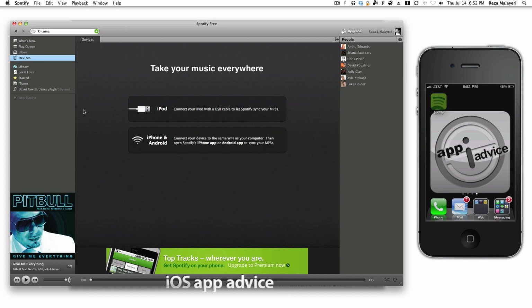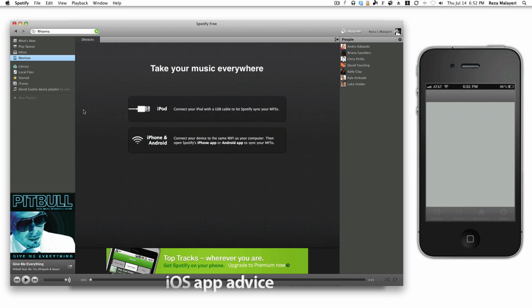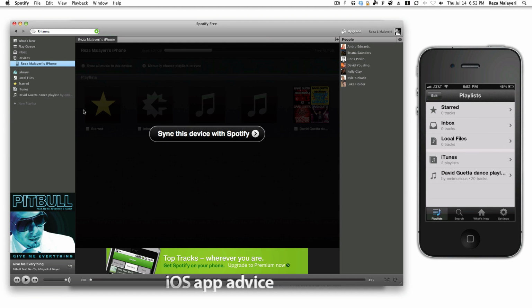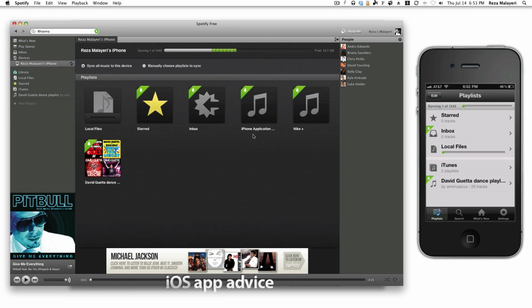So I'm going to launch the app right here on the right. You'll see my iPhone load up. All you have to do is make sure that you're on the same network as the Spotify client. And you can see that it starts to find your library and it wants to sync. So you just hit sync with Spotify, and you can see it's starting to pull in my music. So that's really awesome. Obviously, I have over 1,200 tracks, so it's going to take a little while, but it's moving pretty good.